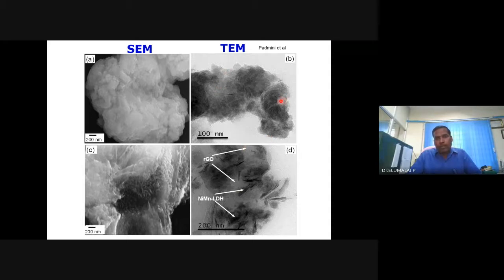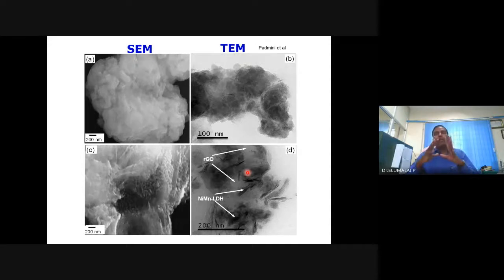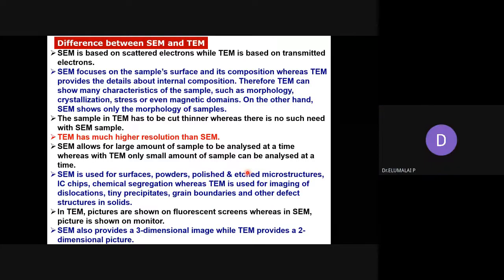You see, the electron microscope itself gives better information. Transmission electron microscope gives beyond that. If anyone makes composites, the best tool to confirm composite formation is not SEM, it is TEM, transmission electron microscope. In TEM, you'll be able to have up to 5 lakh times magnification. And you need to have a very, very thin sample so that electron can transmit.